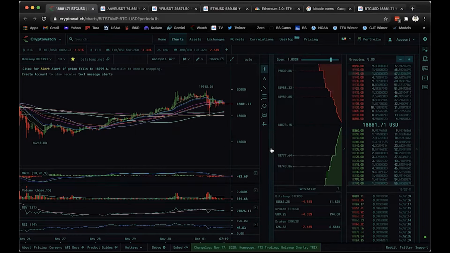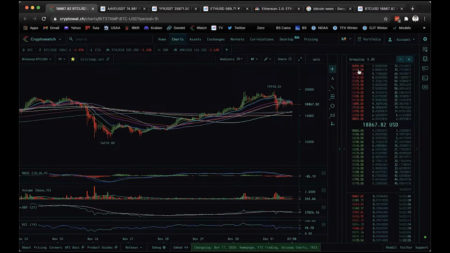And I believe that Crypto Watch also is a part of Kraken. And so I think if you have a Kraken account, you can put it into Crypto Watch and trade directly from the platform. It can give you all kinds of alerts, and it'll trade off at different levels and have different triggers and stuff. But I don't use it for that. All I use it for is watching the price action.